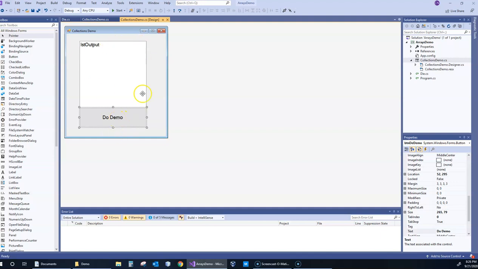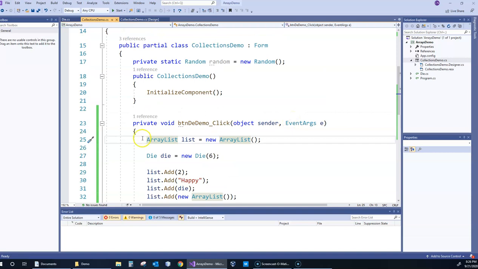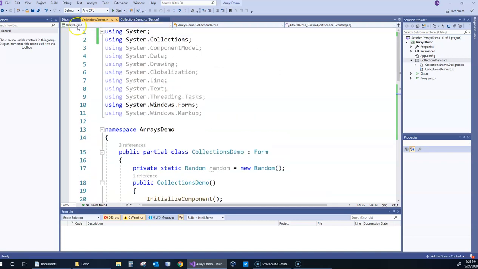So again, I retooled all this. You can see I've renamed everything to make sense. We're still going to do our work in this button. So I'm going to do the old-fashioned list, which is an array list in C Sharp. And in order to do that, you got to make sure you're using system.collections. So I took the